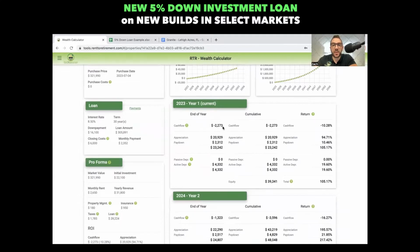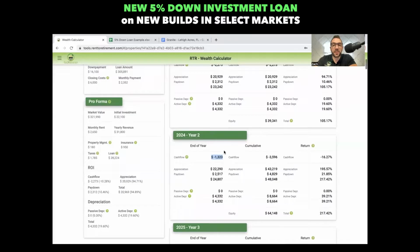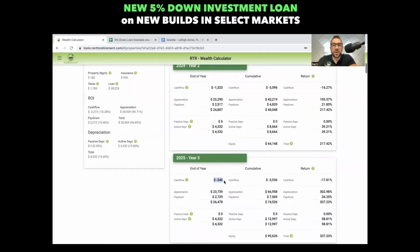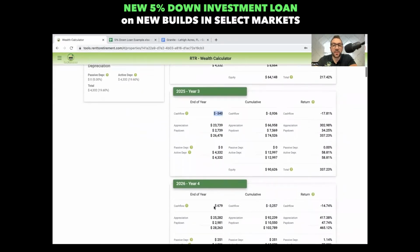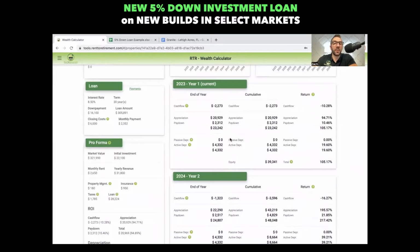So cash flow first year, minus $2,000. Second year, with a 3.5% rental increase, it goes down to just over $1,000 in negative cash flow. And by year 3, you're almost break even. And then by year 4, you're already into positive cash flow, around $700 a month. And so that's pretty dramatic. Basically what I'm showing is that, if you can buy this property with